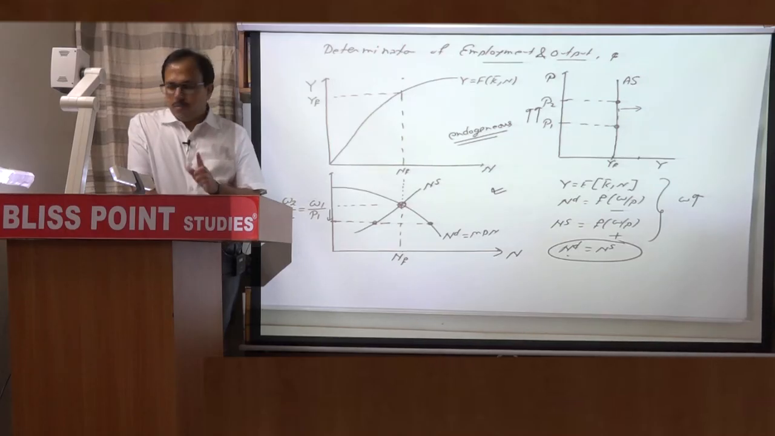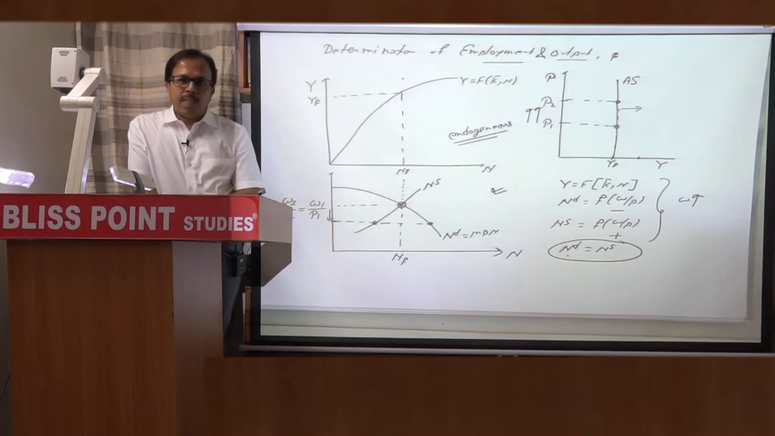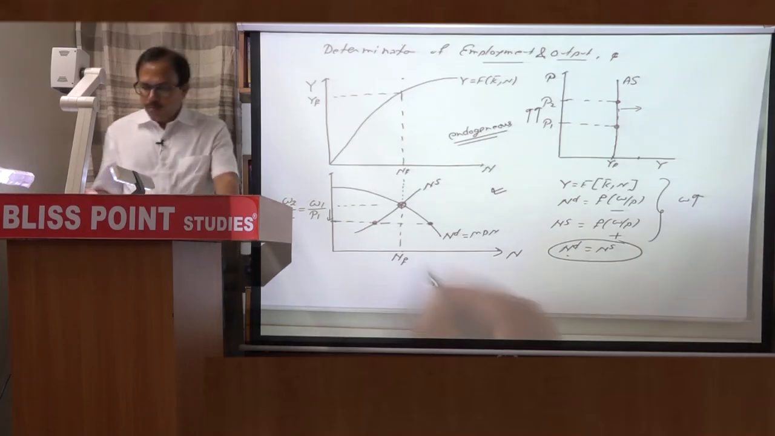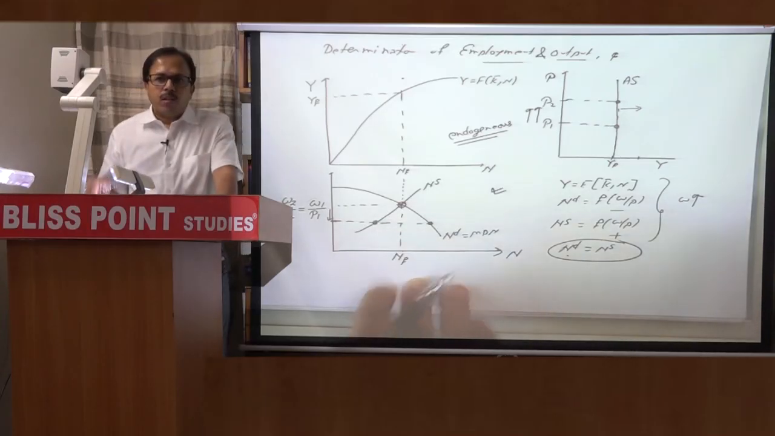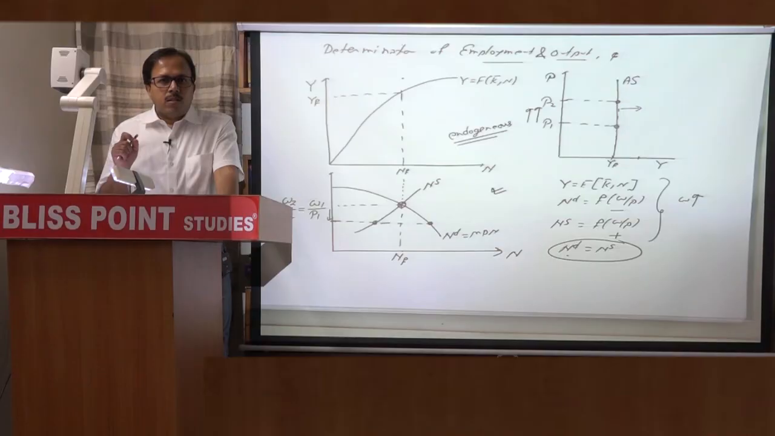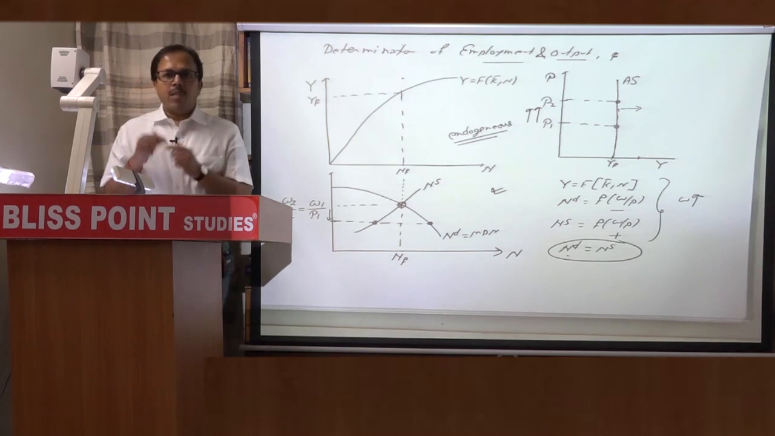As a result, there will be excess demand for labor. So labor demand is more, labor supply is less. Excess demand for labor. Since classicals believed in wage flexibility, the nominal wage will increase